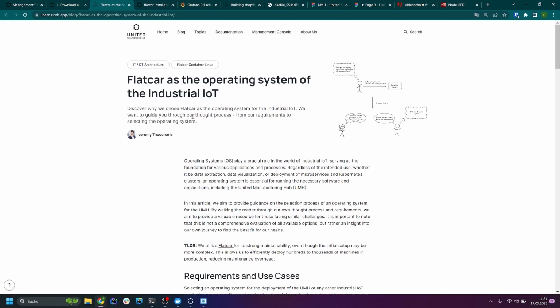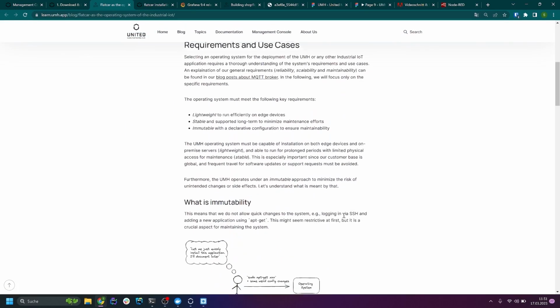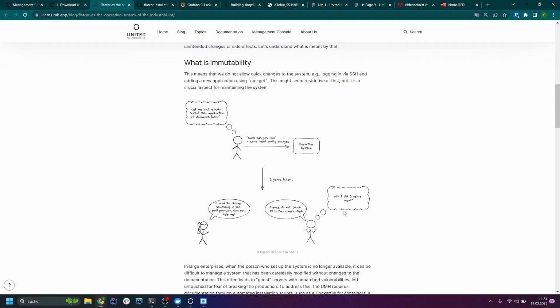Also, you want to have all the configuration in a central place. We already have it with the United Manufacturing Hub. We already have it with the Management Console, but you also want to include the operating system at the bottom of the stack, so that you don't have the situation that someone installed a system, installed some weird Linux packages, didn't document it, and then 3 years later, nobody knows anymore what's going on there, and everyone's like, okay, please just don't touch it,